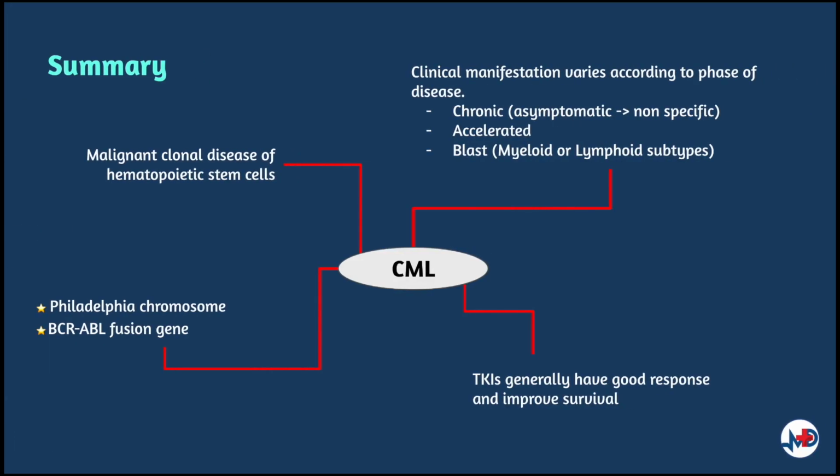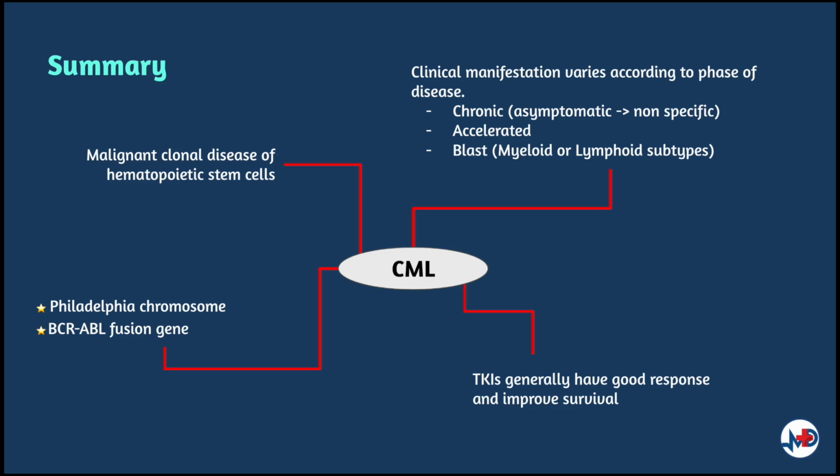So let's conclude. CML is a myeloproliferative disorder characterized by malignant proliferation of myeloid cells, specifically granulocytes. Initially insidious and subclinical for a period of time known as a chronic phase, patients are asymptomatic or only have non-specific symptoms. Then disease progression picks up past the accelerated phase. A blast crisis is clinically similar to acute leukemia and is potentially fatal. This should be recognized and treated urgently.